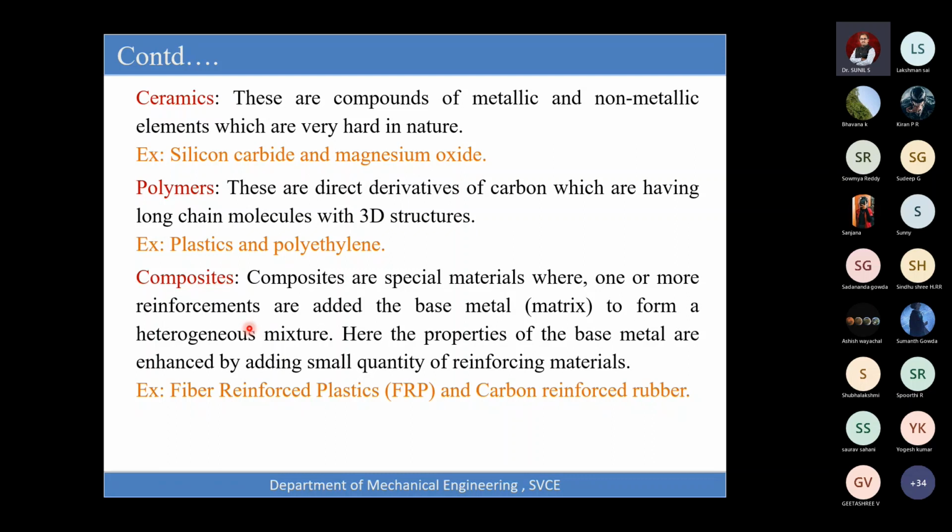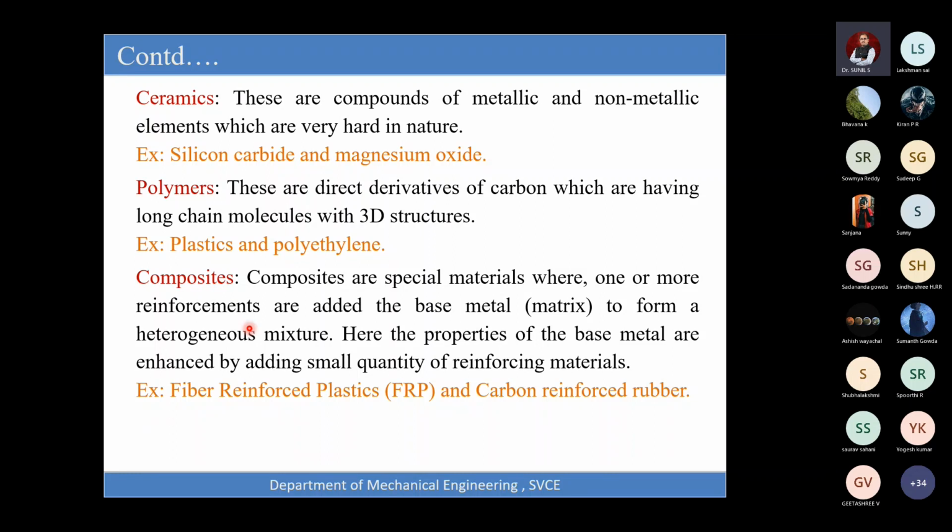The third class of materials are polymers. Okay, the polymers are direct derivatives of carbon. They will have a long chain molecule with a 3D structure. For example, plastics, whatever you see, polyethylene covers you might be seeing, they are all polymers, right? They are made of long chain molecules of carbon for specific applications. For example, you might have seen, these days instead of iron or steel buckets we use plastic buckets for